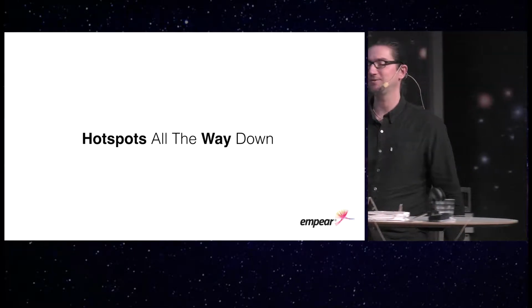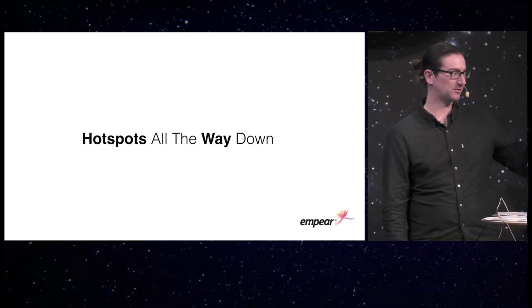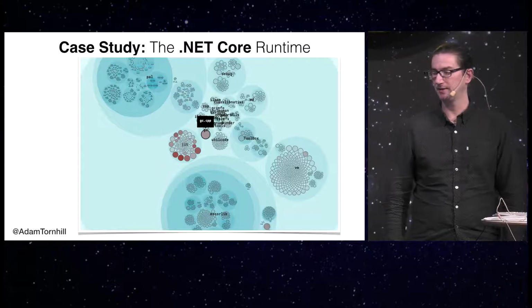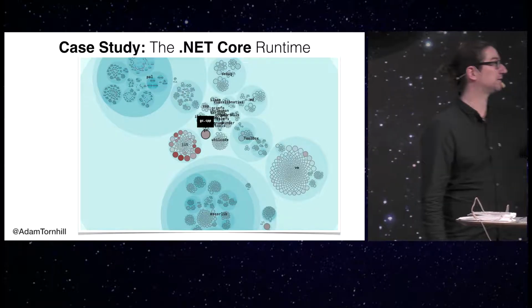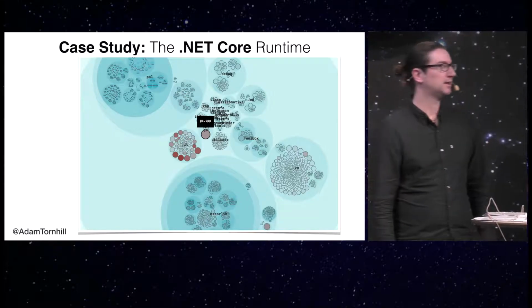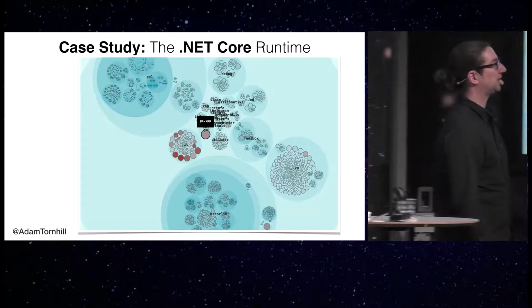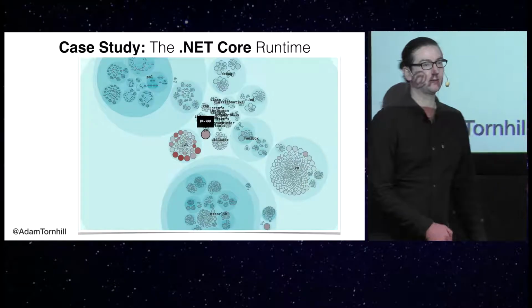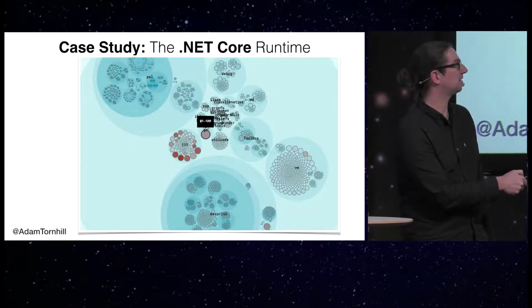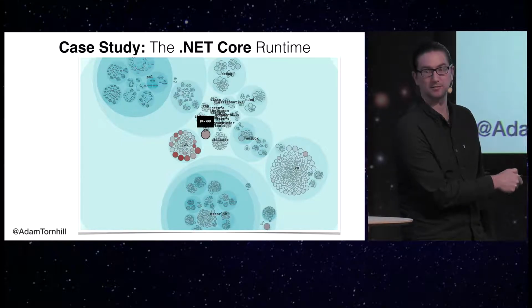So then you might recognize the following code base, because it's something you're likely to have executing on that laptop. This is a hotspot analysis of .NET Core, the runtime from Microsoft. And when I did this analysis, I think it was a year ago, most of the hotspots were here in something called JIT. So that's part of the just-in-time compiler.